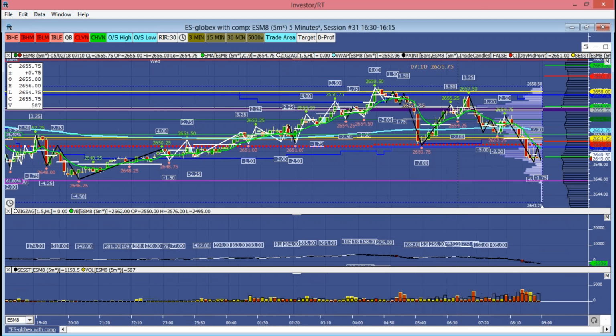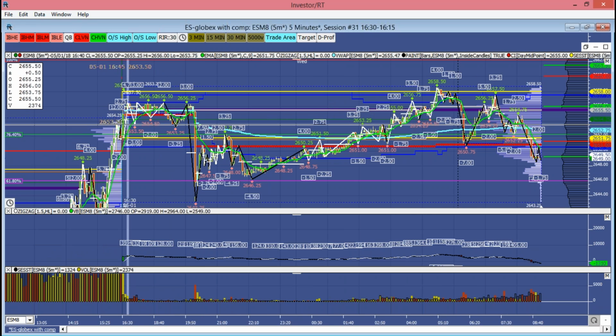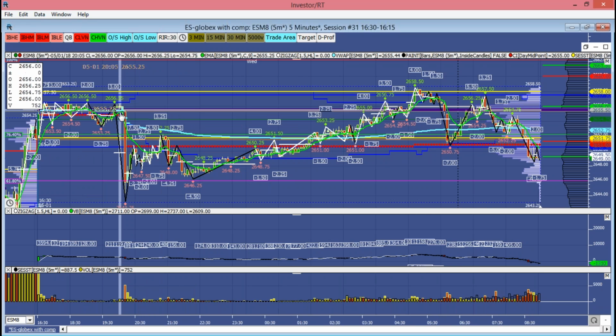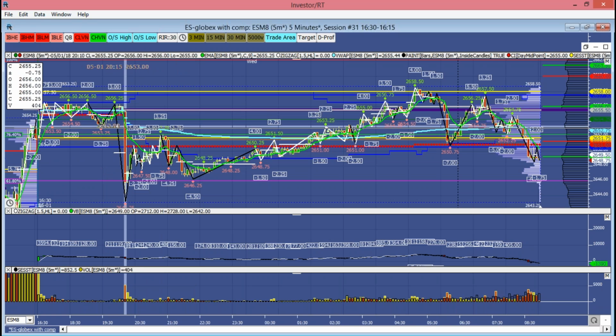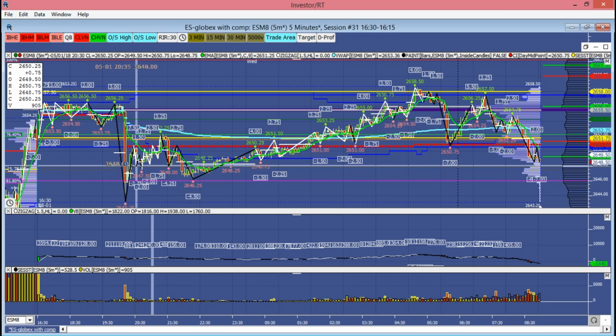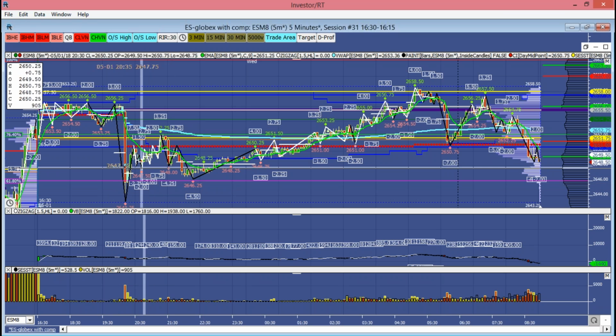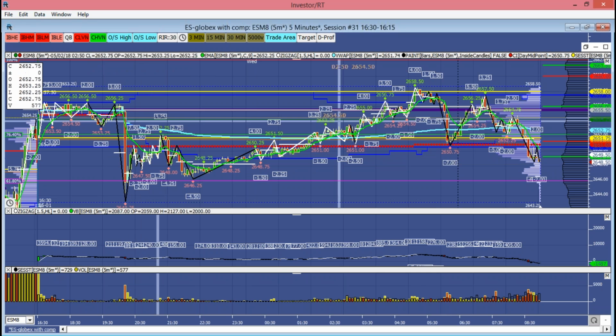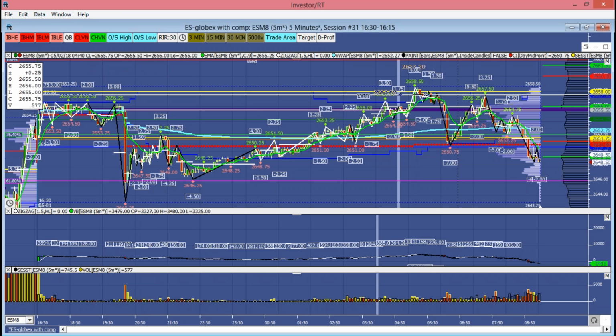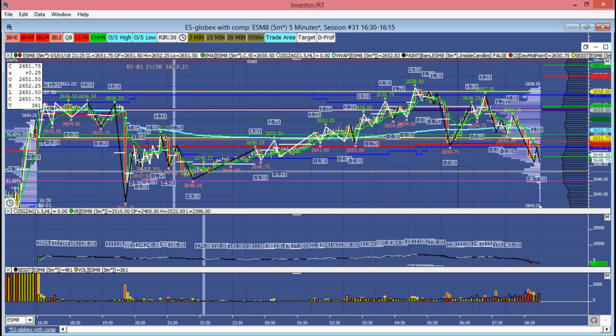Taking a look at the overnight inventory, we opened up and then we had this big sell-off down here. I think this was news related, something about Mueller and a subpoena, talking about subpoenaing Trump rather than just asking him to come in for an interview. But I wanted to point this out because here we are with that FUBAR Mr. Sneaky setup yet again. It was a great setup, and you got the rotation, and you could have held that all the way up to the Globex high at 58.50.